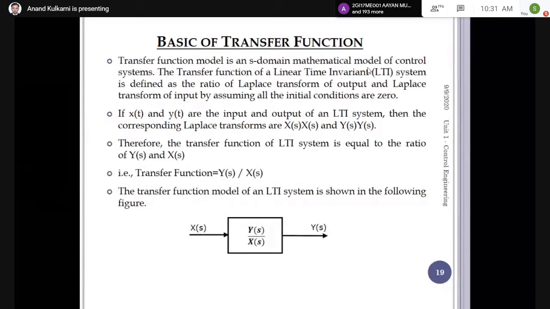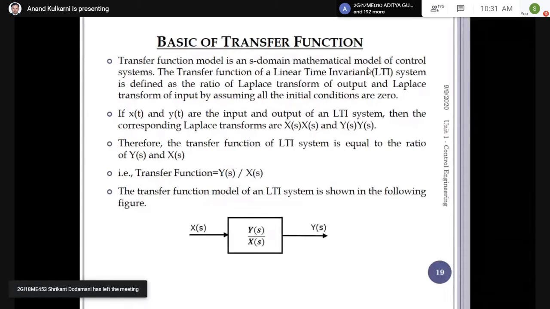So this is a linear system, even though it consists of a second order differential equation: m x double dot, that is m into d square x by dt square, plus f x dot, meaning f into dx by dt, plus k into x is equal to the external force applied on the system. This is a linear system, basically because all the terms are present, and it is a differential equation. So similarly,